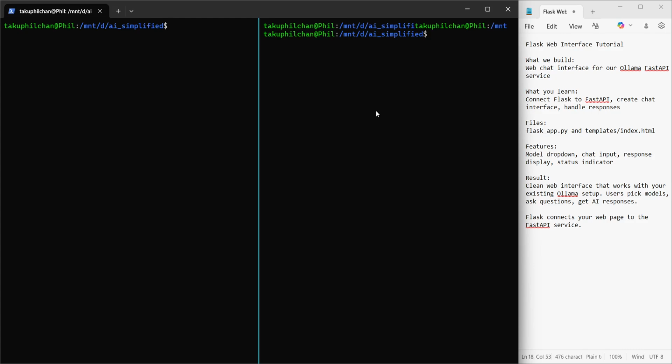Hello guys, so today we're going to build a Flask web interface for the API that I built in the previous video. Just to recap some of the things that we did previously, I configured the API routes. I implemented two API routes, the query route and the model route, and we tested them